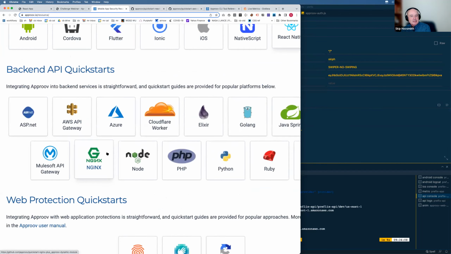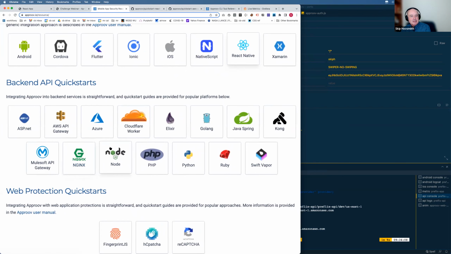Good question. So here are some of the back end quick starts we have, and you're right. We have something that's Ruby or Node that are running API services themselves, and you have something like a gateway, and you even have something like a CDN in Cloudflare. So the point is that here's a commercial gateway. So there are a broad set of